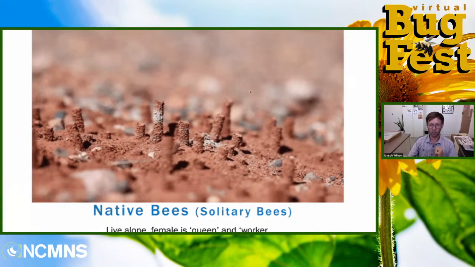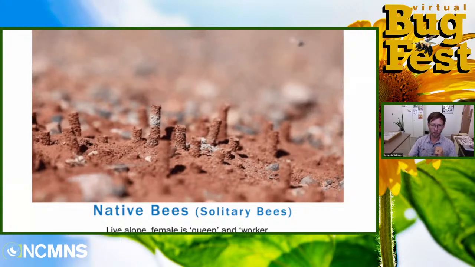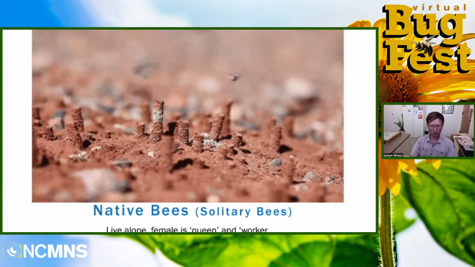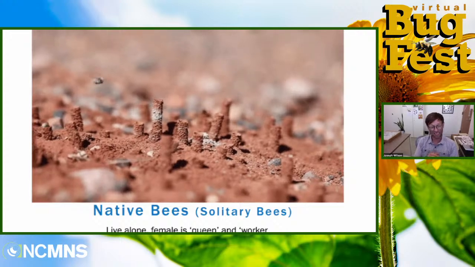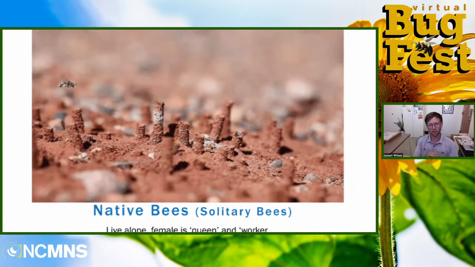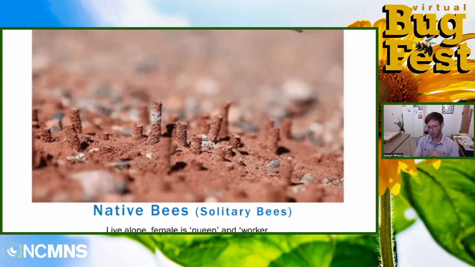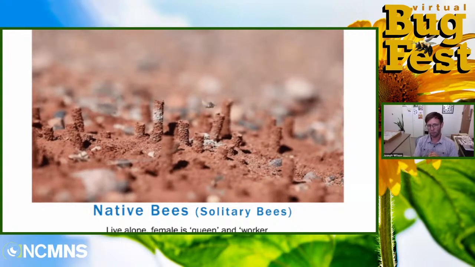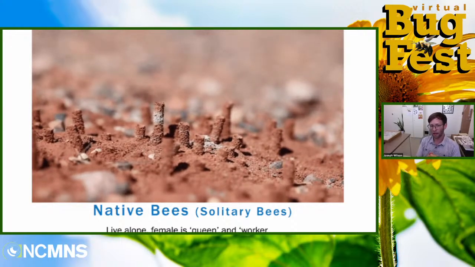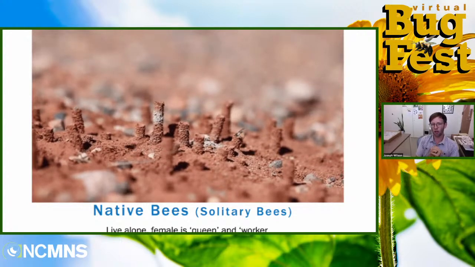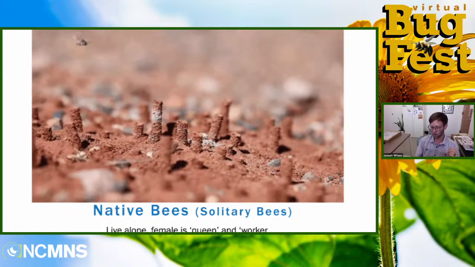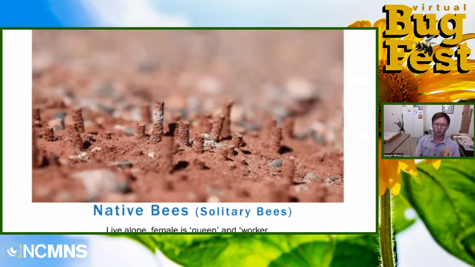A lot of people call these chimney bees. These are a bee that likes really hard packed dirt, and then they build these chimneys over the nest entrance. We're not exactly sure why they do that. Some hypotheses are that it could reduce parasites. Some people think it could be about flooding. When it rains, the water won't go right down their nest entrance, but we're still not sure why they do it, but it does look very cool. Some of my favorite bees.